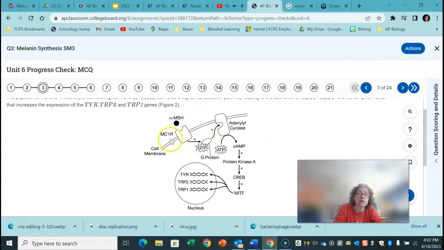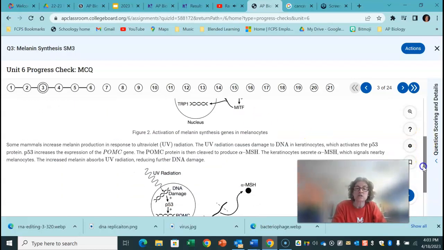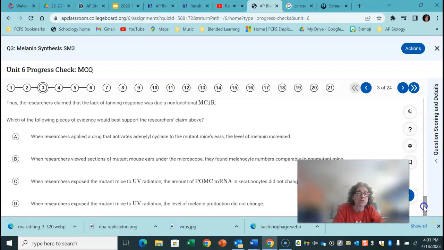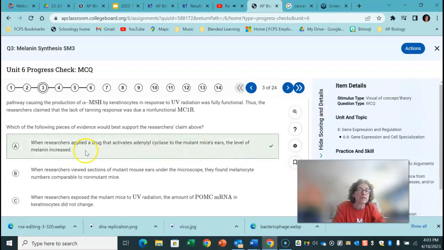If this isn't working, but they add a chemical that activates the adenylyl cyclase, and they bypass this, and then they get melanin out of it, then that's proof. That's proof that this wasn't working, and if they bypass it, that supports the researcher's claim. Does that make sense? Yes? Okay. So then the other, if I just pull that in here, there, yeah. So when they apply a drug that activates it